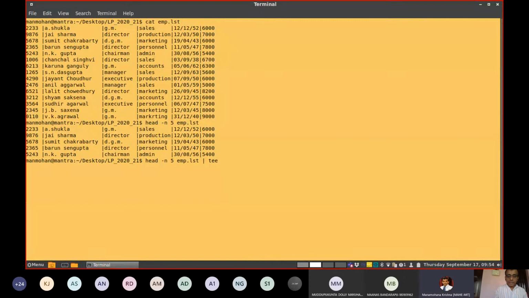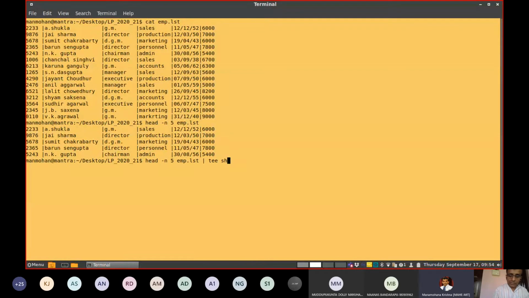tee, and listen carefully, output of first part of the command head, first 5 lines of the emp.lst, naturally it is going to standard output device as we seen in the last execution of the command. Now I want one more copy of this output to a separate file.